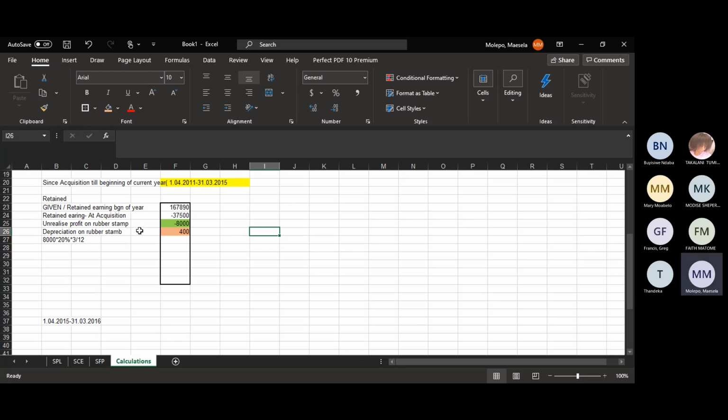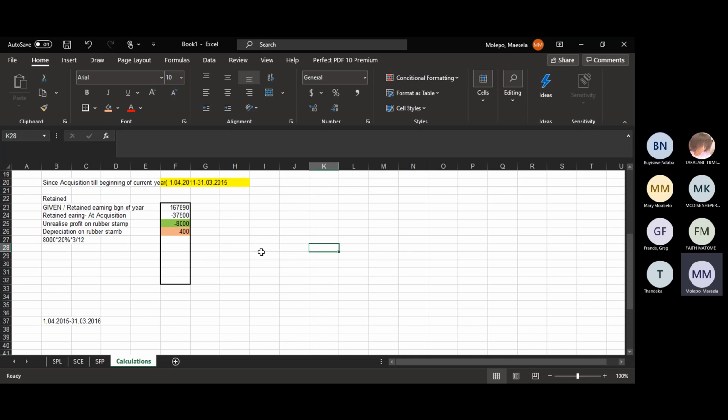So the shrinking machine was sold in the current year, the 31 August 2015. That's in the current year. It's not going to be recorded yet. Then we go to the last portion, which will be the preference dividend. The preference dividend is based on the adjustment number